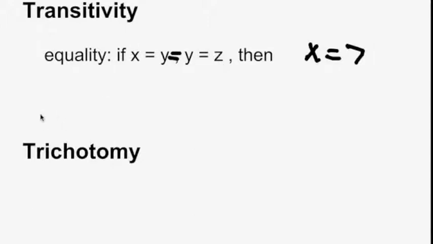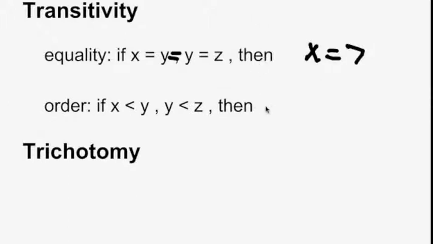For order, it states that if x is less than y and y is less than z, then x is less than z, which makes sense. If you have 3 is less than 4 and 4 is less than 5, then 3 is less than 5, which is true. For trichotomy,